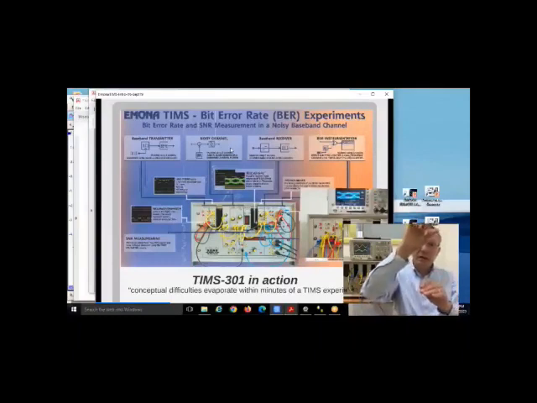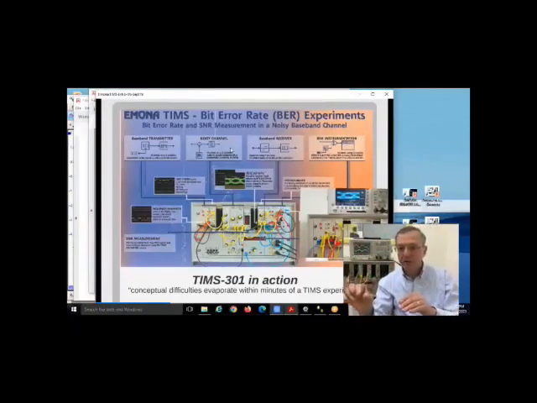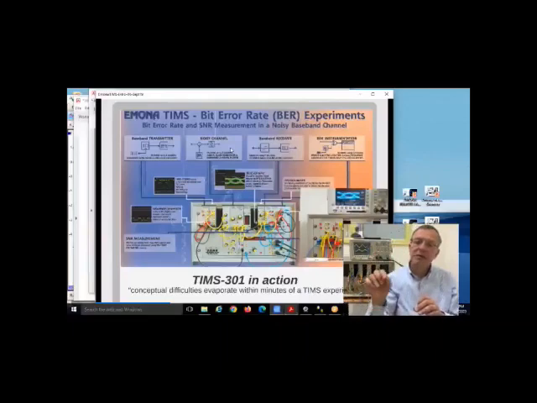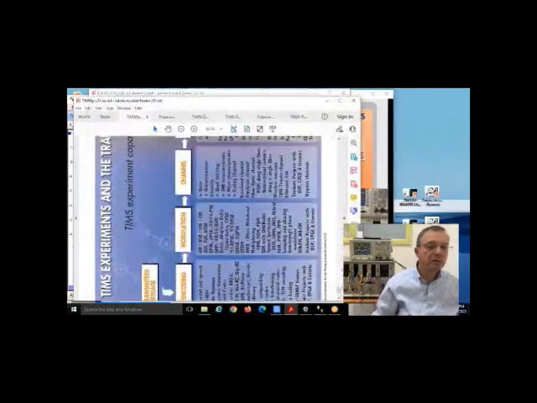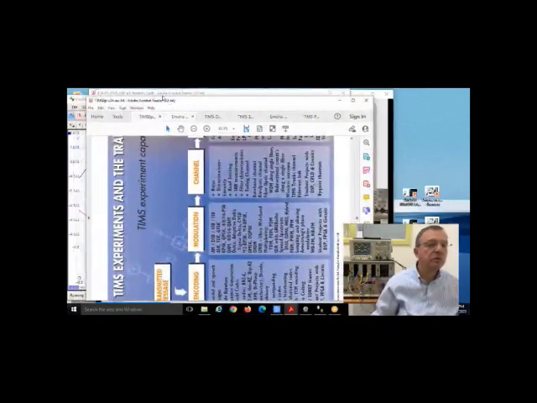And what they'll see is that the curves follow, but there are differences. And now they can think, why is there a difference between the real signal and the simulated signal? So this sort of finishes up this first section of TIMS and the TIMS experiment capabilities. So now, if there are no further questions, I will jump to my